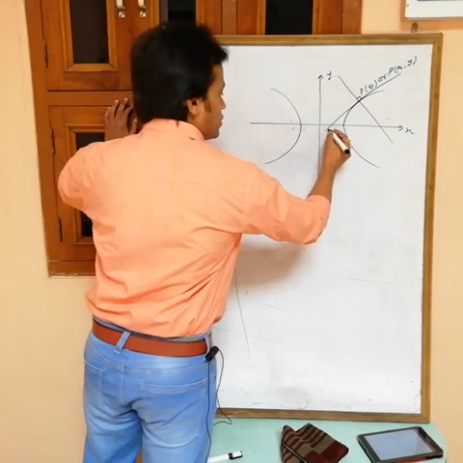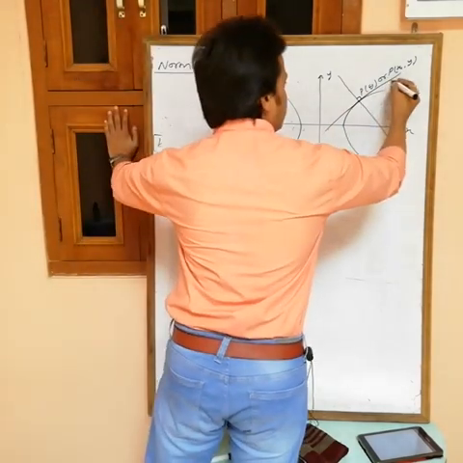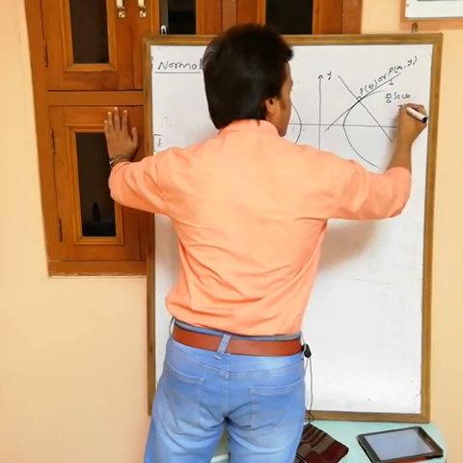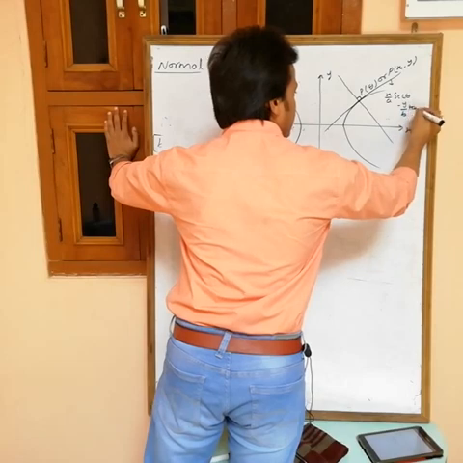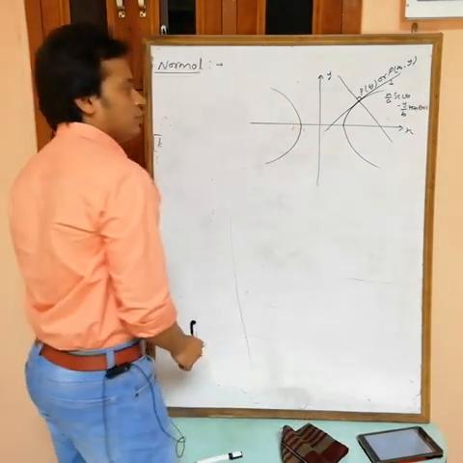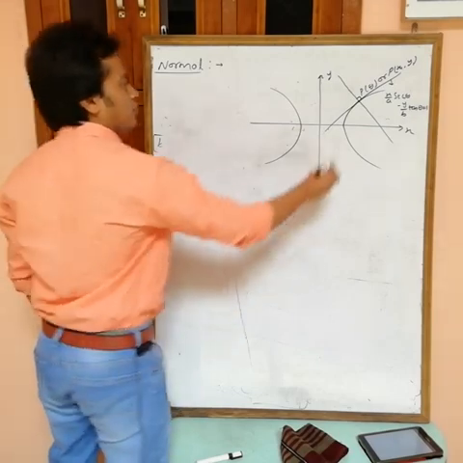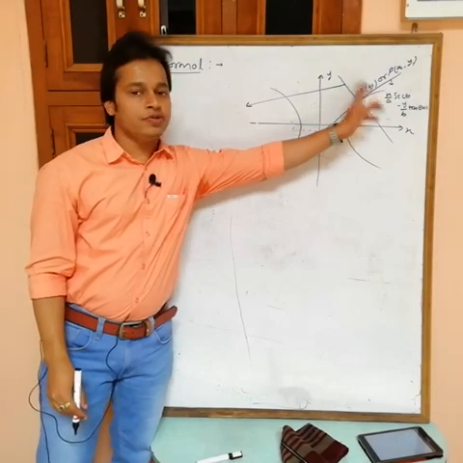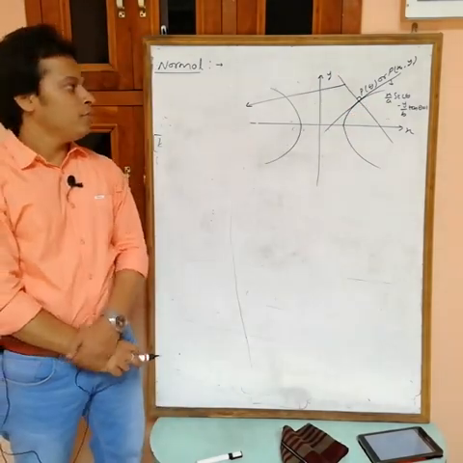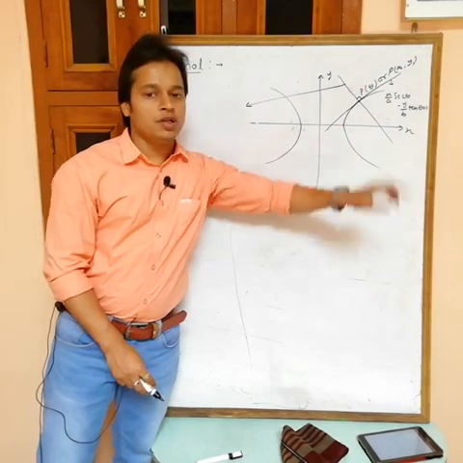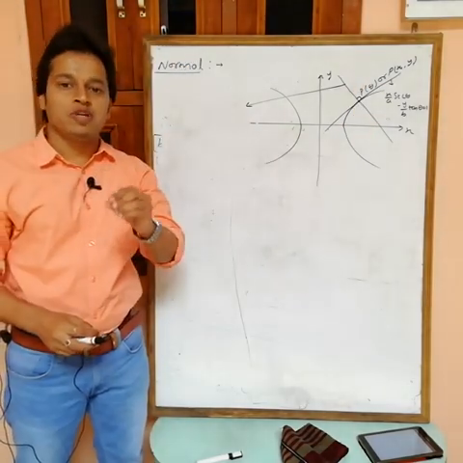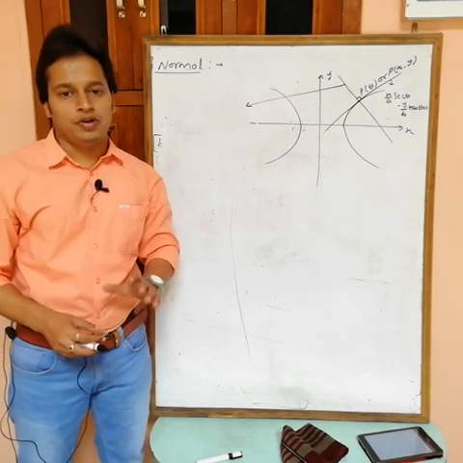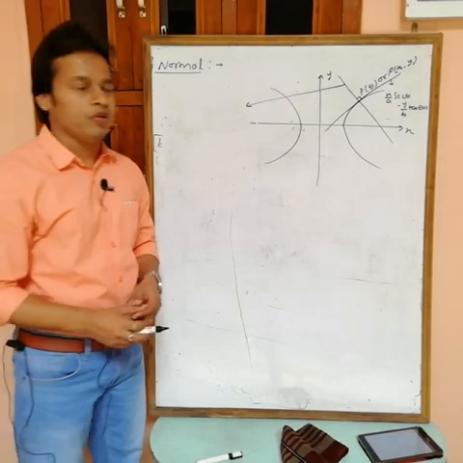Now we know that equation of tangent at point P is x by a sec theta minus y by b tan theta equal to 1. But what do we want? We want equation of normal. Now can I use the equation of tangent to get equation of normal? Obviously, because normal is perpendicular to tangent. So if tangent is ax plus by equal to c, then normal is bx minus ay equal to k. I can use m1 m2 equals to minus 1.